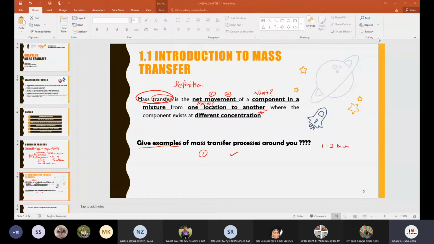Putri Nur Shakila. It's okay, don't be afraid. There is no wrong or correct answer. I just want your feedback. It's evaporation of water from a pond to the atmosphere. Okay, it's okay. So next,